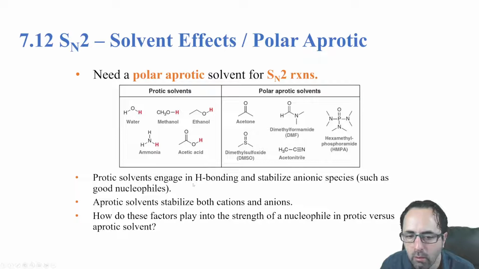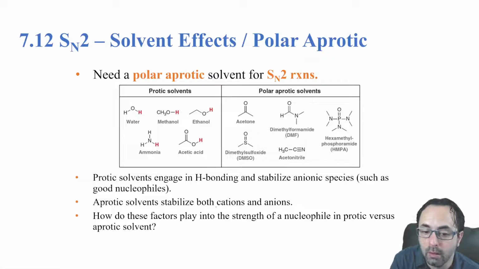Protic solvents engage in hydrogen bonding and stabilize anions, and stabilizing the anions is bad for the SN2 reaction, because it reduces the reactivity of your nucleophile, right? Because the SN1 has a carbocation intermediate,